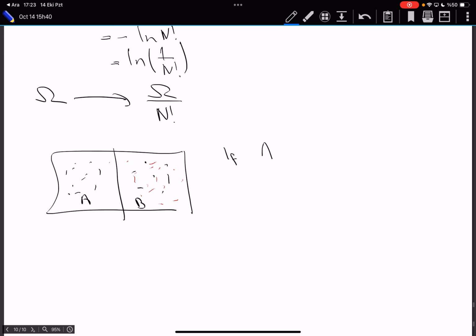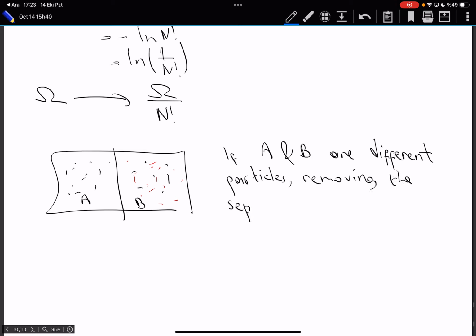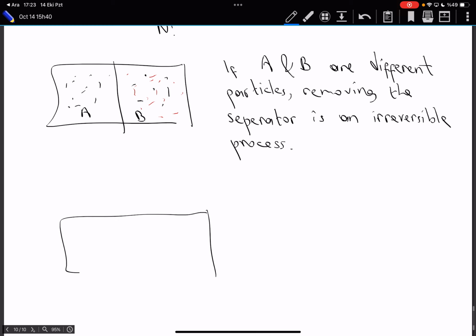If A and B are different particles, removing the separator is an irreversible process. Basically, if you just put back the separator, well, the gas is already mixed, it's not the same as the initial state. But if you have identical gases,